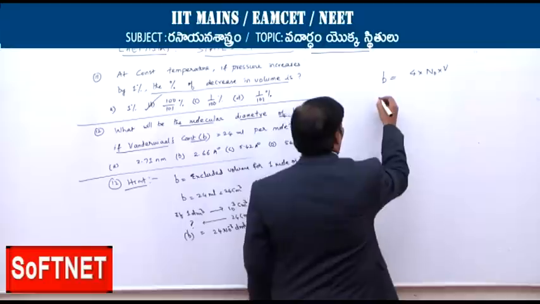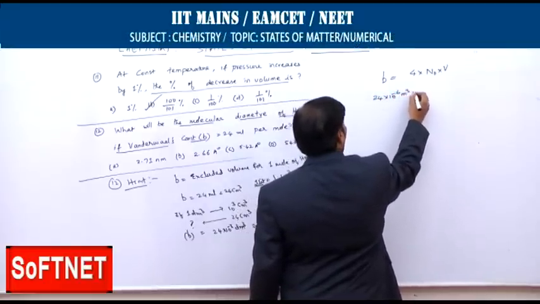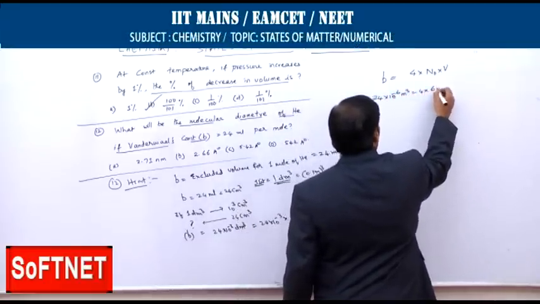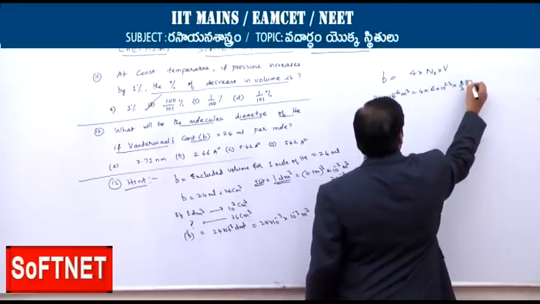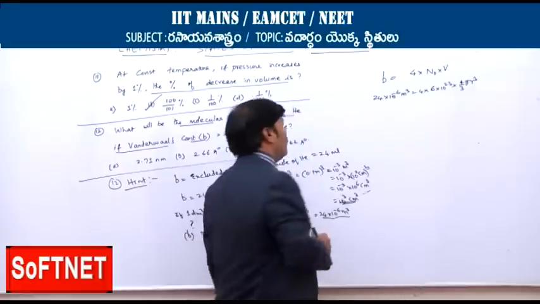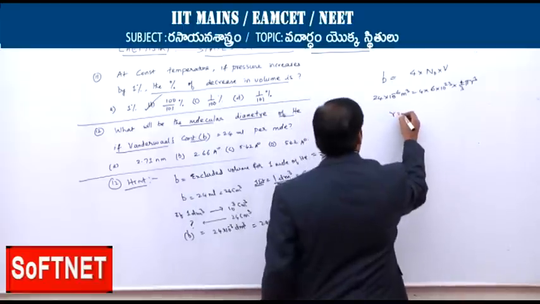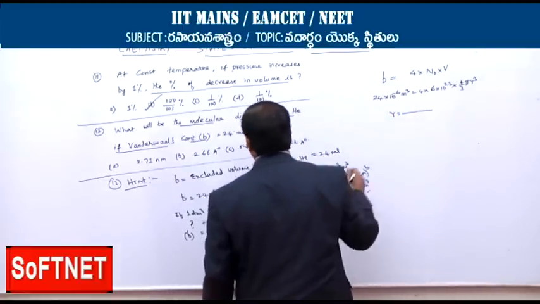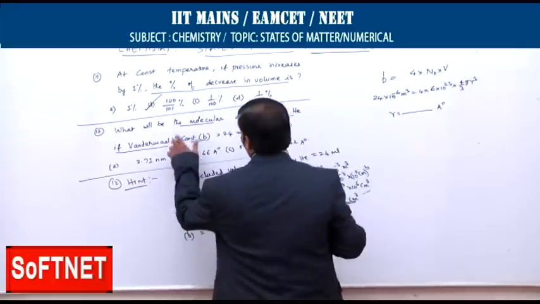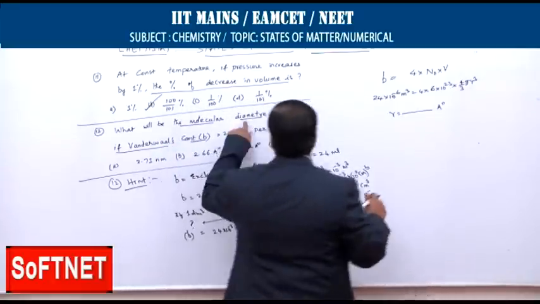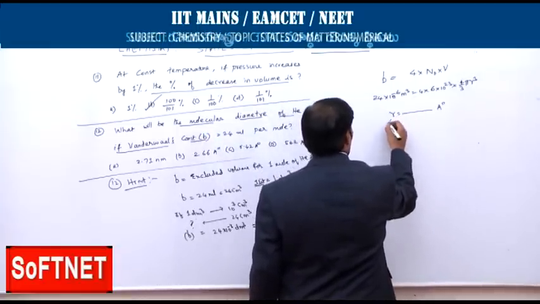So that value I am substituting here, 24 into 10 to the power of minus 6 meter cube is equal to 4 into 6 into 10 to the power of 23 into volume. I am taking 4 by 3 of pi r cube. So you will get the r value, that is x value, in angstroms. You can convert this to angstroms, and because he is asking diameter, that is 2 into x, that means this r value is only for radius